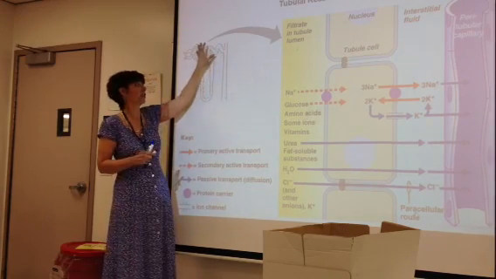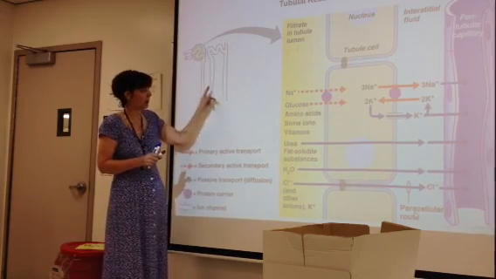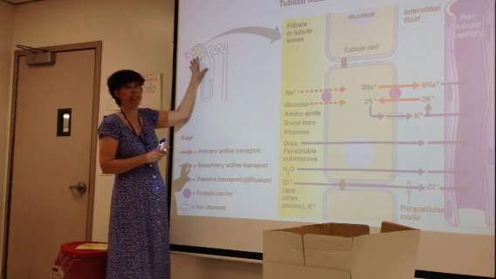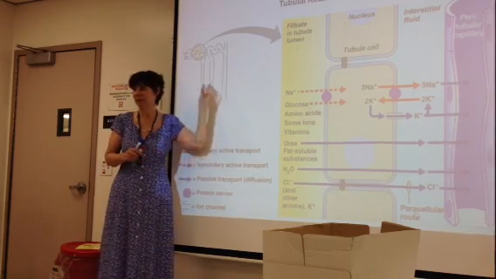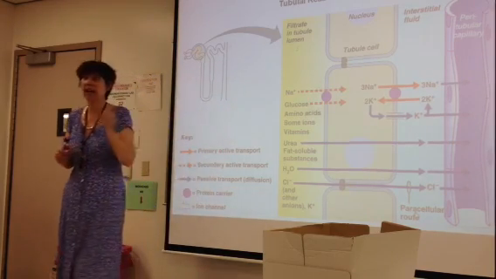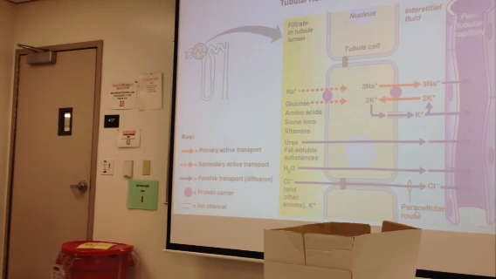If glucose is still present when it leaves the proximal convoluted tubule, there's going to be glucose in your urine. If there are amino acids still present, there's going to be amino acids in your urine. So it's primarily ions and water that we use hormones like ADH, aldosterone, or parathyroid hormone to affect after this point. Okay, so today for lab, unfortunately,